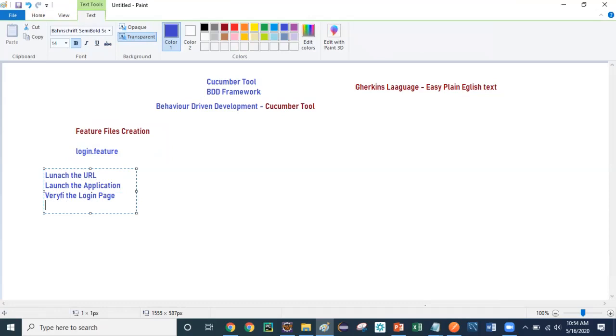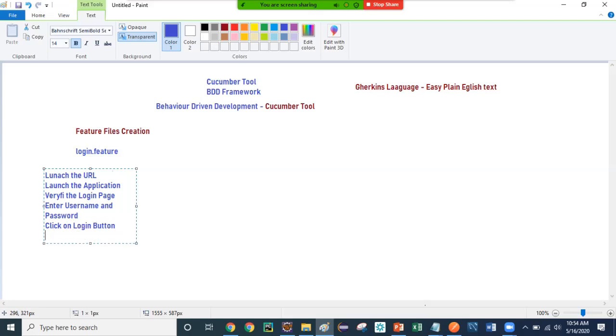Then enter username and password, right? Then we can click on the login button. Then after clicking on the login button, we can verify the dashboard page, which is the next page we come to after login. So this is our manual test, right?